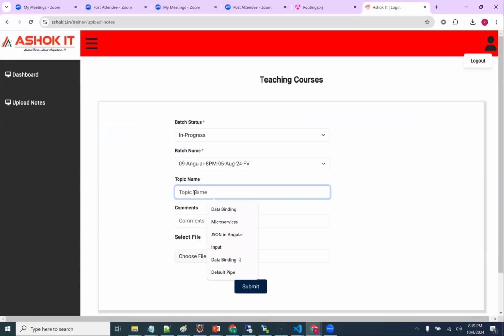What I'm saying is, if we implement open authentication or JWT in the backend, then do we need to implement this routing guard in the front end, or is it optional? Okay. Yes. That I need to explain.